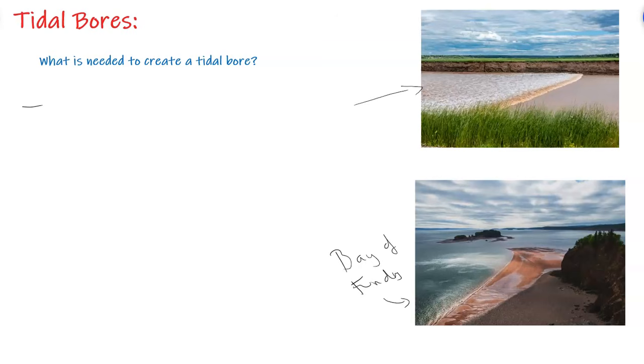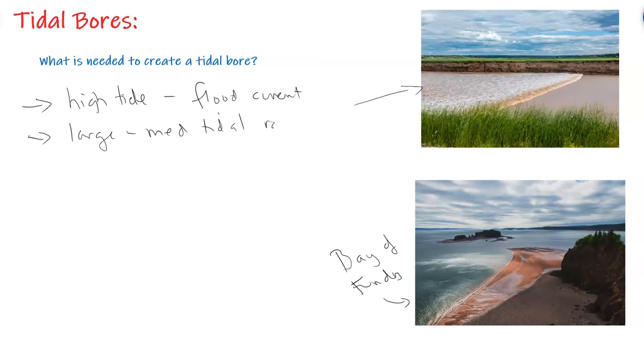Now, what is required? You need the high tide and the tidal and the flood currents. You need a large or medium to large tidal range. You need a wide and funnel-shaped estuary or estuarine area in order to basically channel